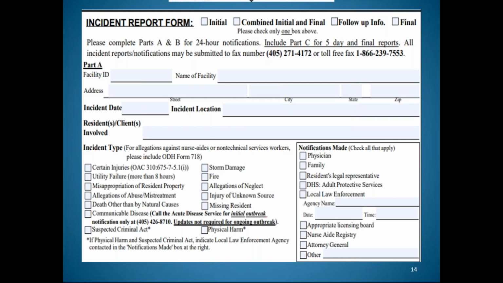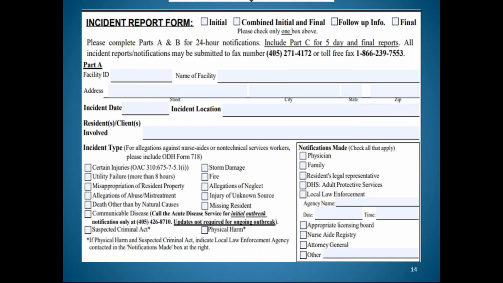DHS or Adult Protective Services, you will definitely want to contact them if the abuse seems to be stemming from family. They're using their money and they're not paying the bills. Those type of things. They're coming in and they're actually physically abusing the residents in the building. You may also need to report some resident-to-resident abuse allegations to the DHS. Your local law enforcement, of course, anytime you think there's a crime, and abuse is a crime, it needs to be reported. Definitely want to notify the local law enforcement.